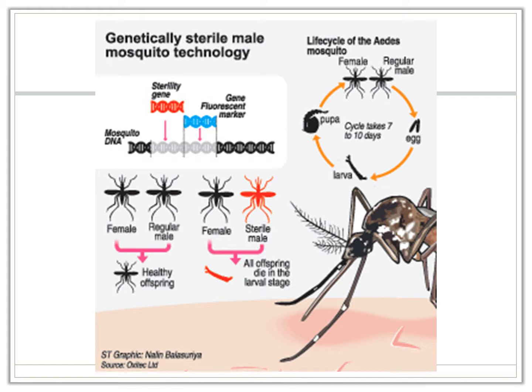And the reason being, we've got a normal female, a normal male. They come together and they produce healthy offspring. If you have a normal female and she mates with this sterile male, then all of the offspring will not survive to adulthood. And so adding these different genes into the genome of the males,